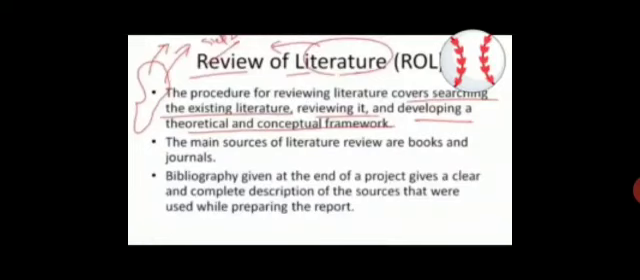The main source of literature review are books and journals. Because books and journals give authentic knowledge. Sometimes some students get data from Google, from Wikipedia, which is substandard data. For the sake of research, we have to use the data which is standard,